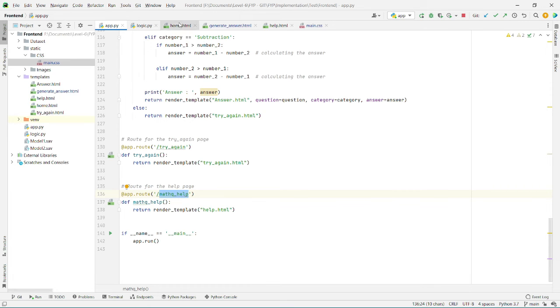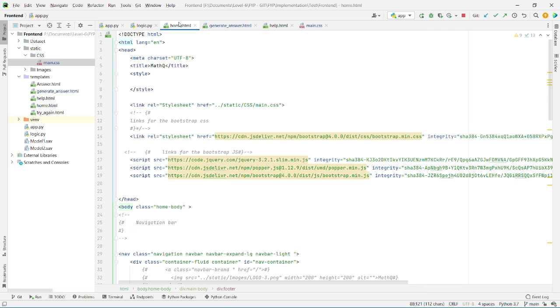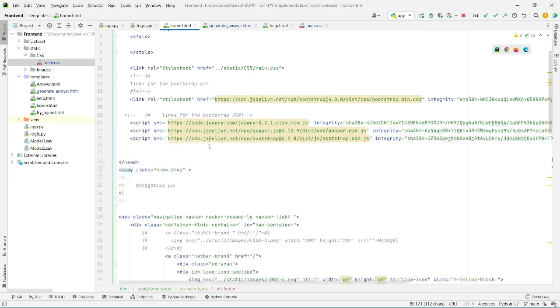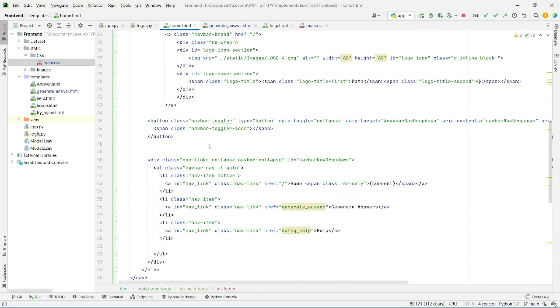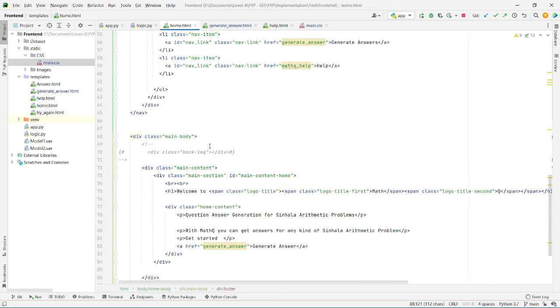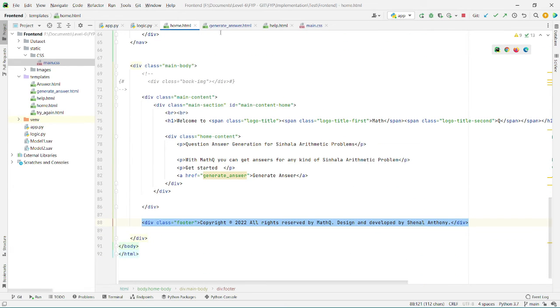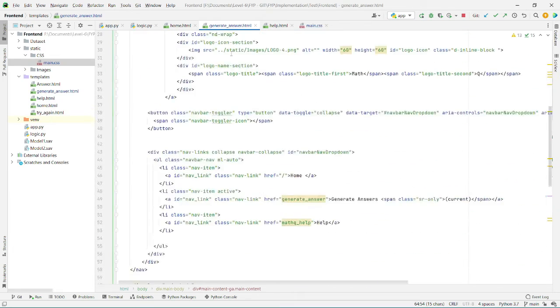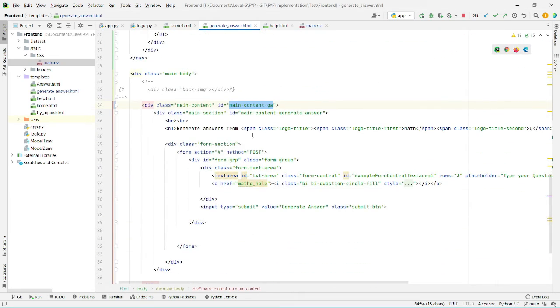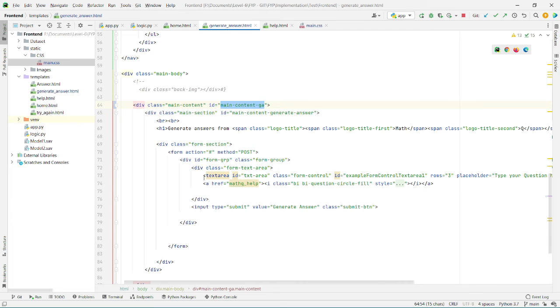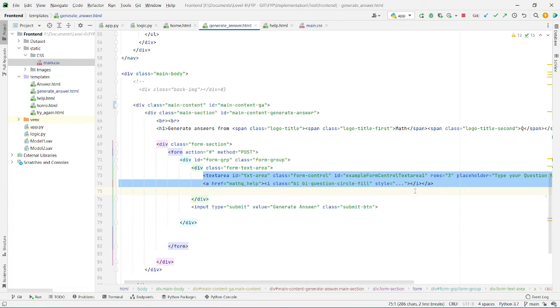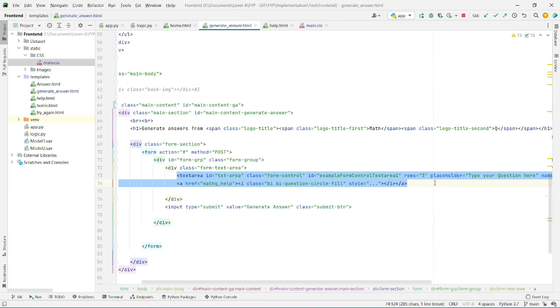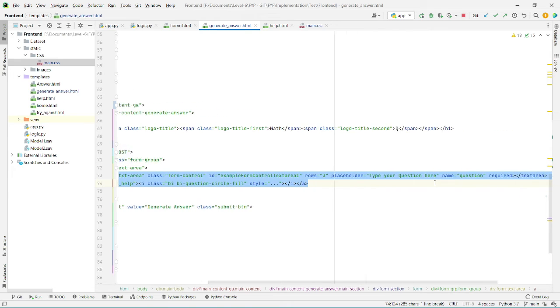And if we quickly look into the HTML pages, this is the home page. Then if we look into the generate answer HTML, we have the text area here to take the input from the user in the front end.